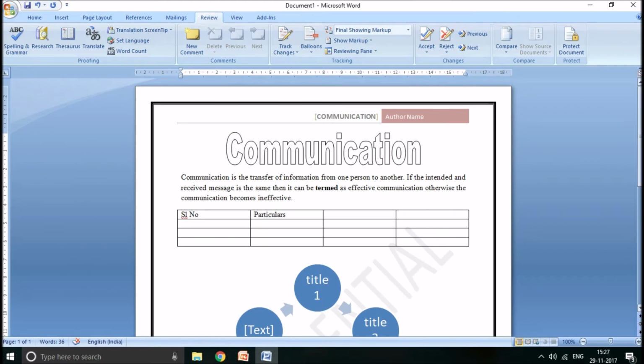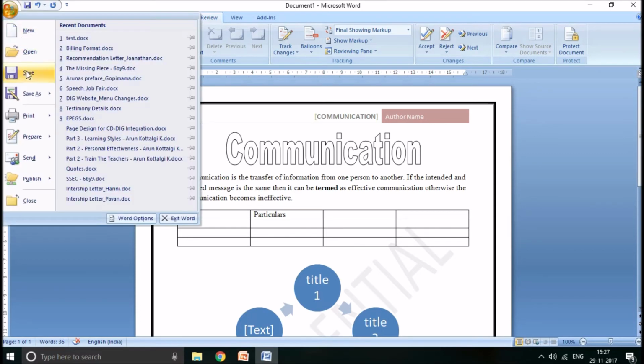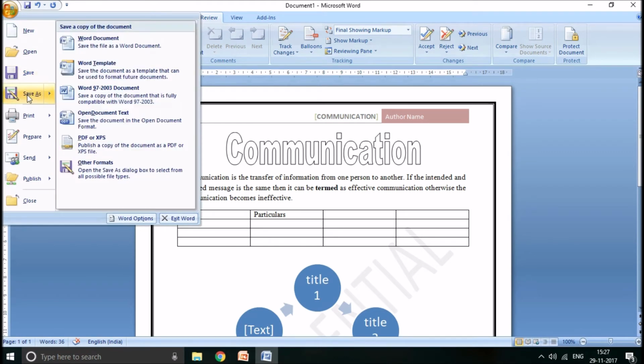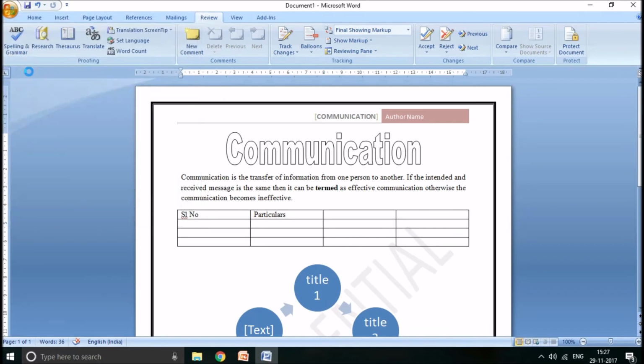Now that you have created this entire document, what if you want to protect it from people whom you don't want to read it? So you can do it using a password. So before that, how do you save this document in a normal case? Either you press Ctrl S or go to this particular button, click on save, or save as to save it in a different format. Right now I am just clicking on save.